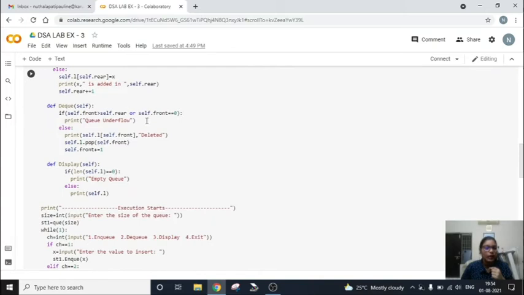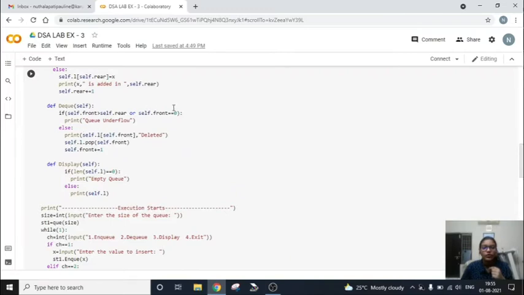So that's one condition. Or else, if the front is equal to 0, which means it has no other values, then it also implies that the queue is empty. If these two conditions are true, then this if condition prints that the queue is underflow, which means the queue is empty and not having any values.